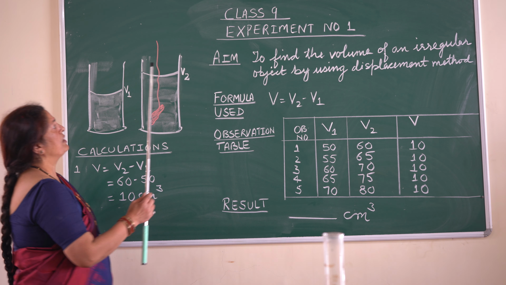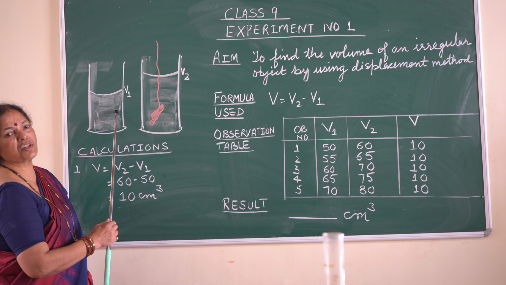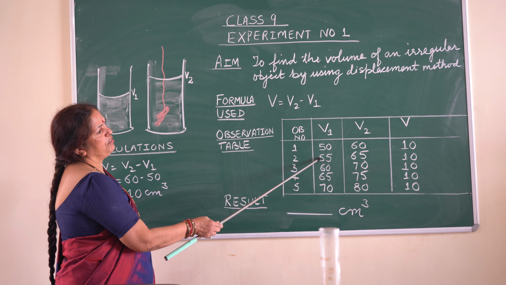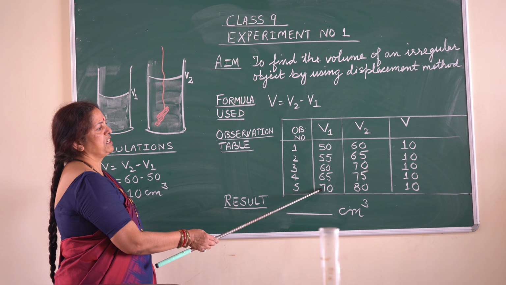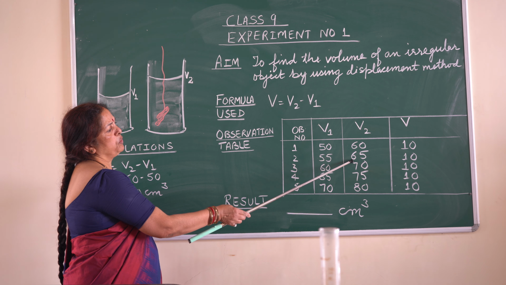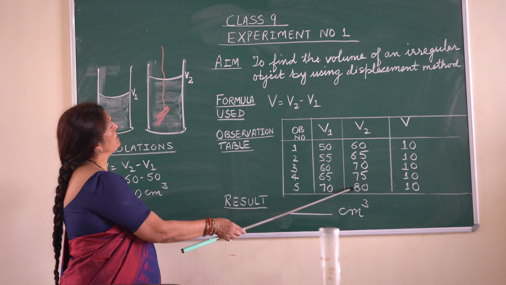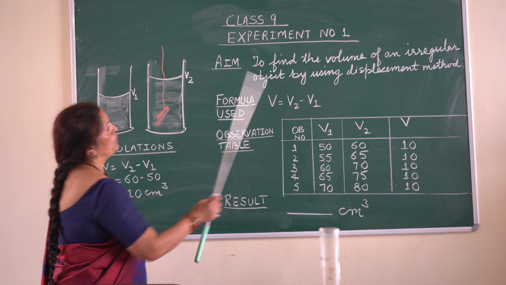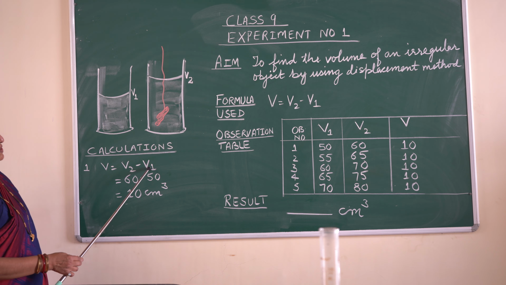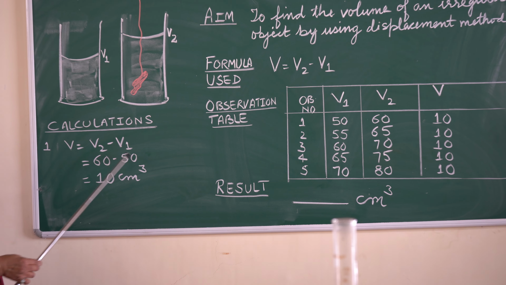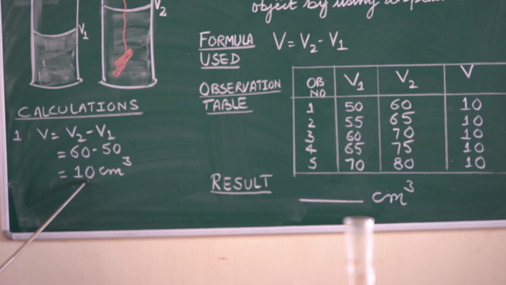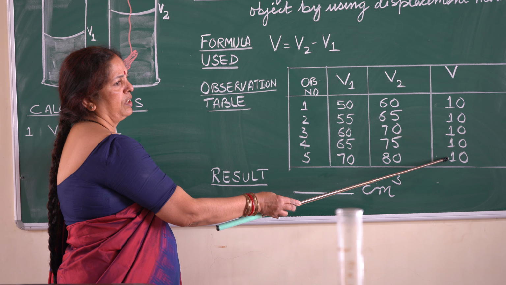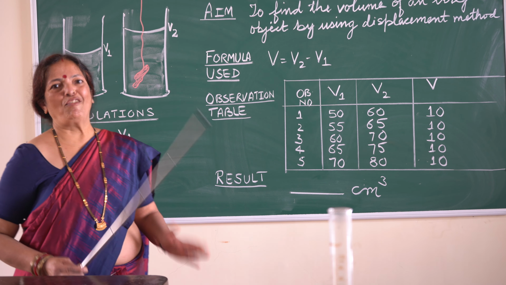I'll repeat the experiment by changing the water level in the measuring cylinder again. By taking the water level 55, 60, 65, 70, the volume which has risen in the measuring cylinder is going to be different. If you calculate the two, find the difference between the two values, the volume of the irregular body will be obtained. If the readings are the same, then you need not take the average value.